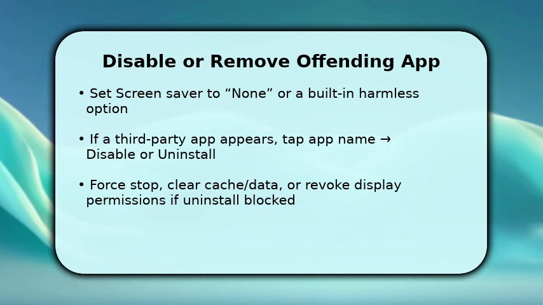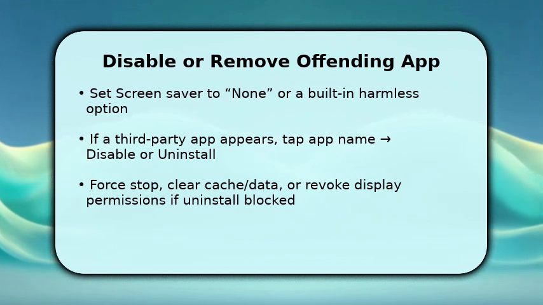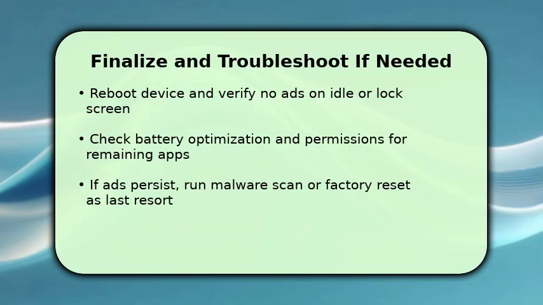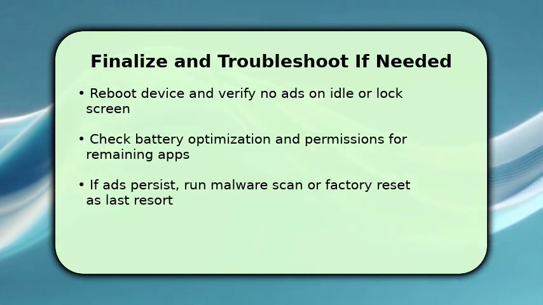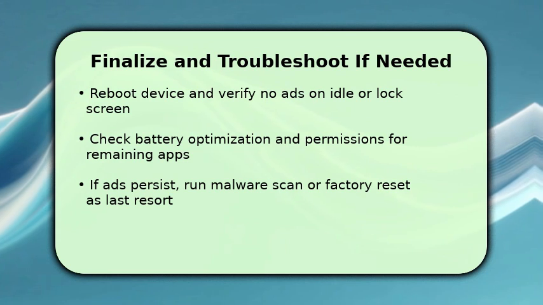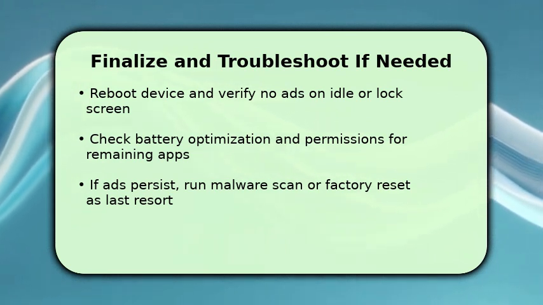Make sure to reboot after changes to ensure the system no longer loads that screen. Finish by rebooting and confirming the idle screen shows no ads. Verify lock screen and ambient display settings too. If an app was disabled rather than removed, make sure it cannot auto-enable by checking app permissions and battery optimization